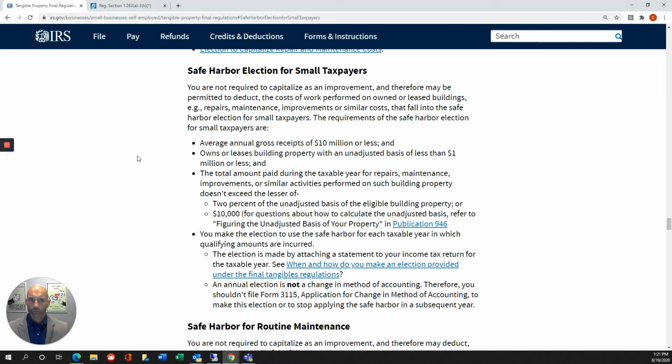And once we go through those hurdles and determine you are a small taxpayer, then we look at the amount paid test. So you can deduct the lesser of one of two things: 2% of the unadjusted basis of the eligible property, or $10,000 of expenses. So let's look at an example of a building that is $400,000. A $400,000 building times 2% is $8,000. $8,000 is less than $10,000. So the lesser of 8 and 10,000. So if you had $9,000 worth of capitalized improvements, you can deduct up to $8,000 of those immediately under the